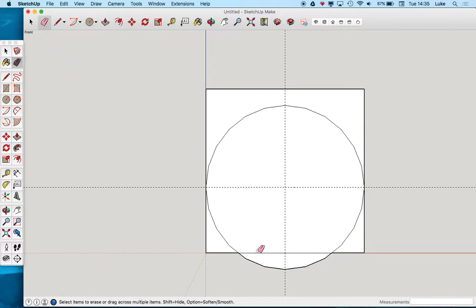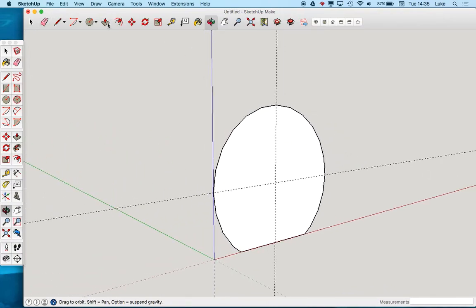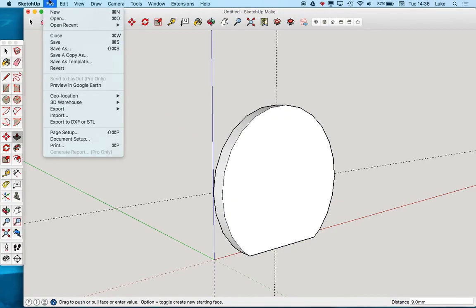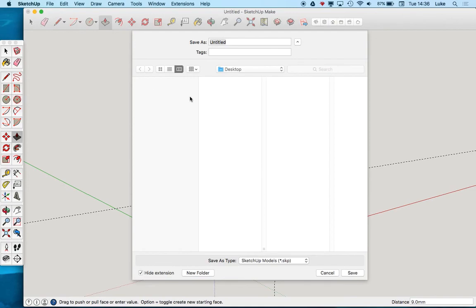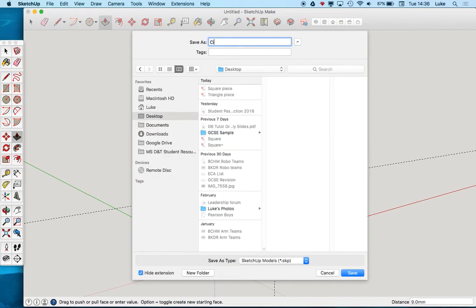Again, we can use the eraser tool, trim off the bottom line, trim off the outside lines, and then we end up with the circle that we need. Go to the 3D view, use the push-pull tool, pull it out, change it to 9, file, save as, and we're going to call it circle